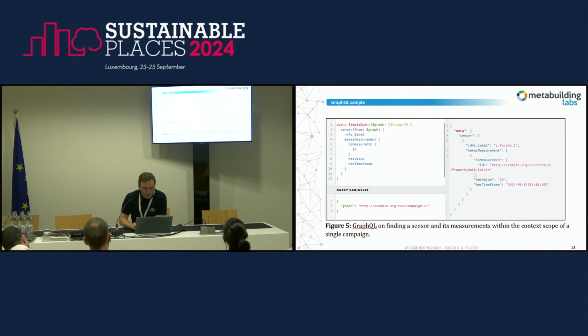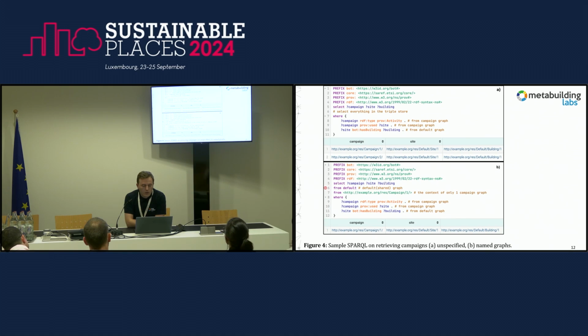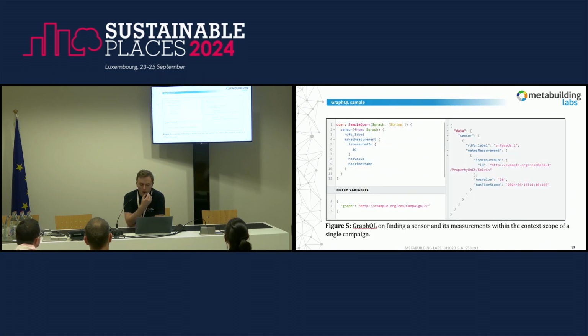I'm sorry, I keep clicking through these. You can query and you can unite multiple graphs at the same time. So here you see one query above with two graphs included. So I find everything, and from the default graph, I can see two, and then from the other one, I can see one. Whereas in GraphQL, there is no way to put multiple graphs in the same query, which means you have to query twice, maybe.